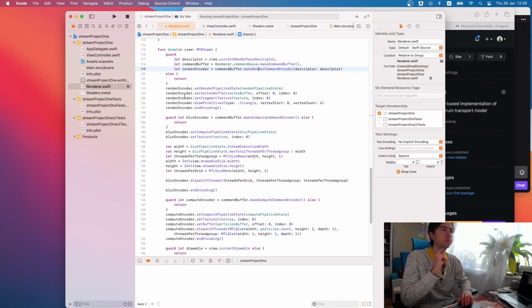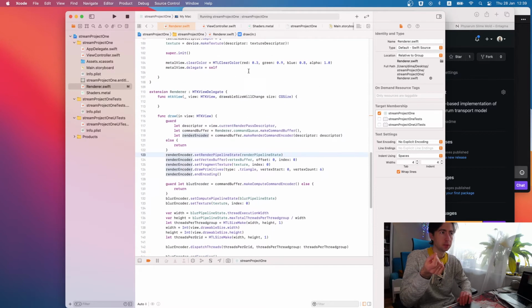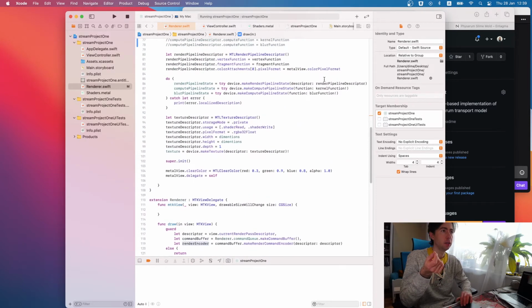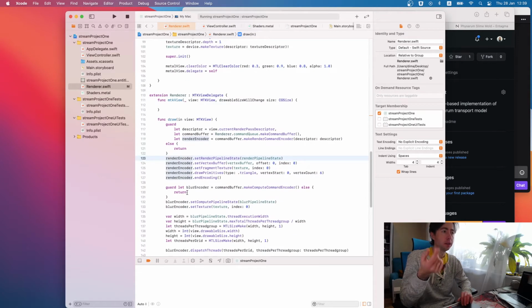And here we're setting up render encoder. We're initializing it with render pipeline state we created earlier. We set vertex buffer for our plane.